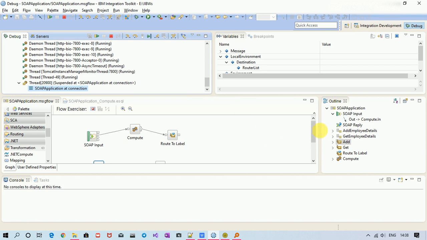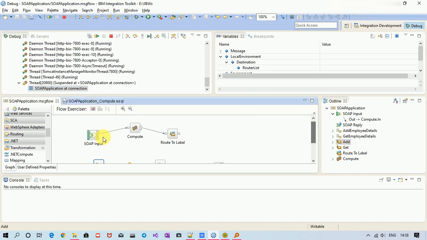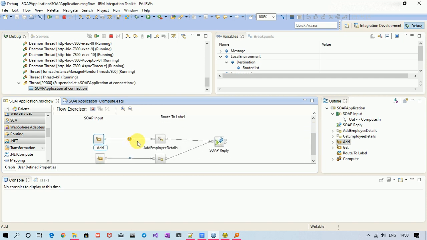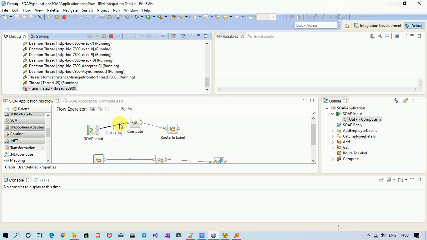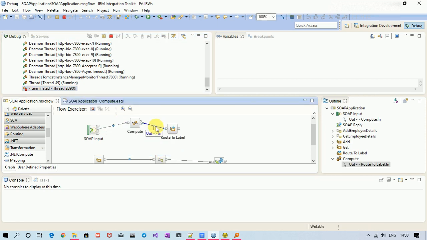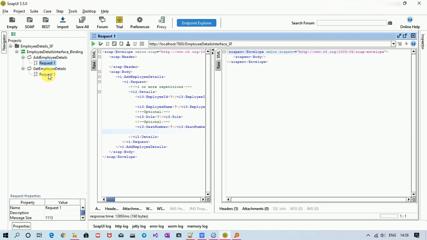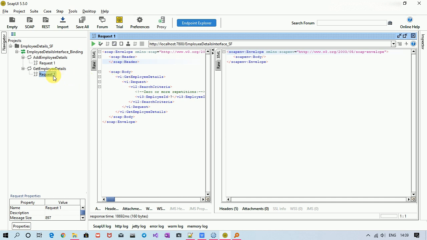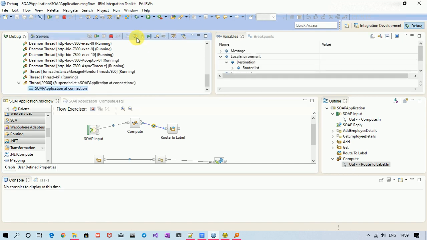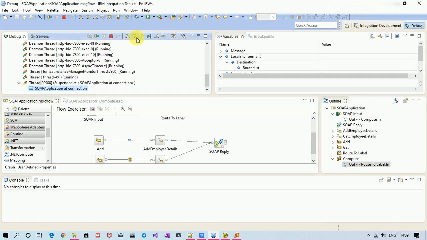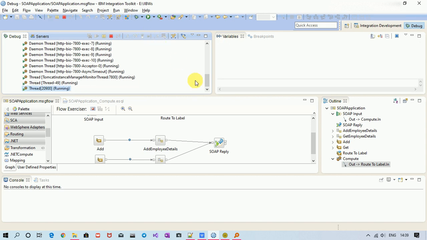See, I missed to put debugger point here, so it directly came here. So it is working, right? Let me finish it. Let me hit get operation. See, it went to get, right? So this is the thing.